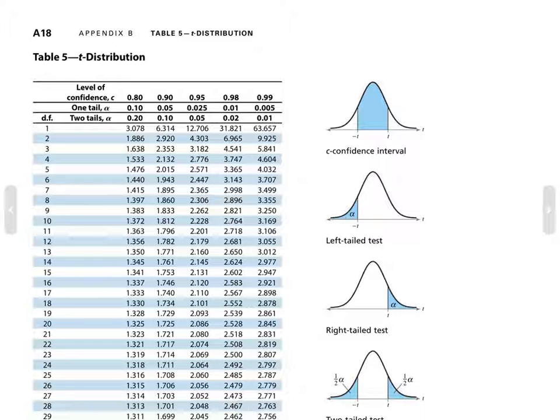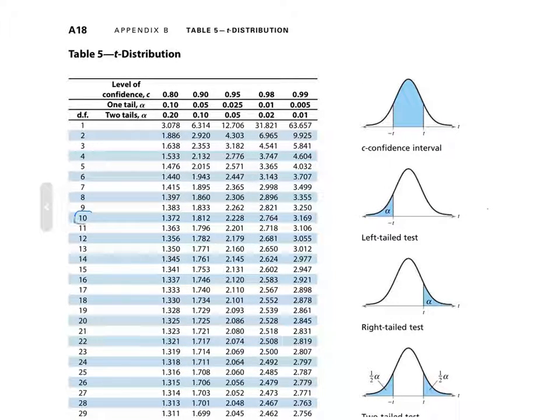So, once again, we will look up our degrees of freedom on the far left, 10, and our two-tail area this time is